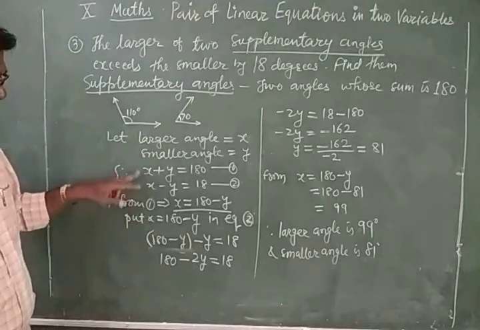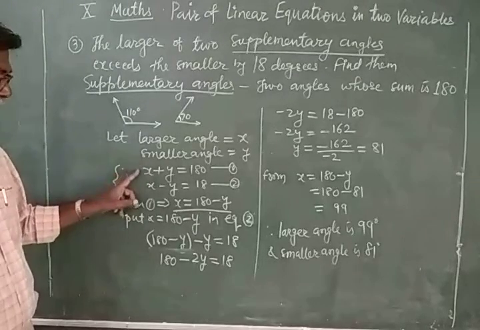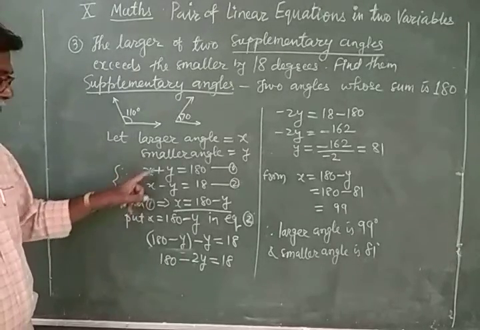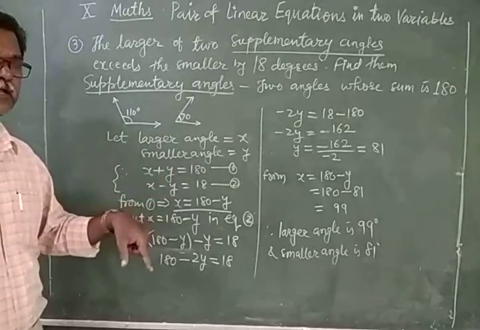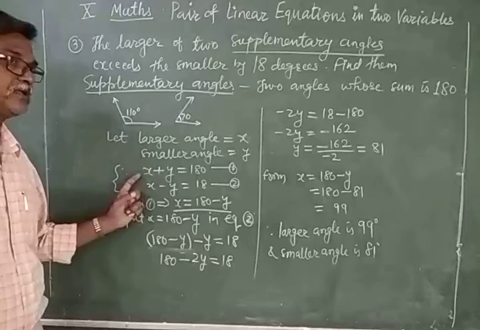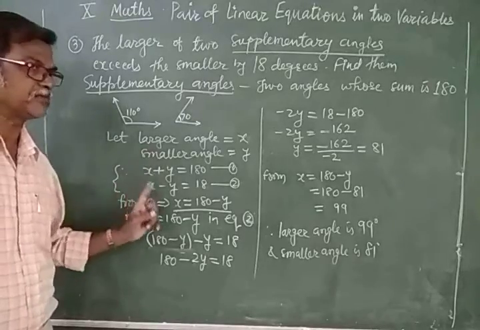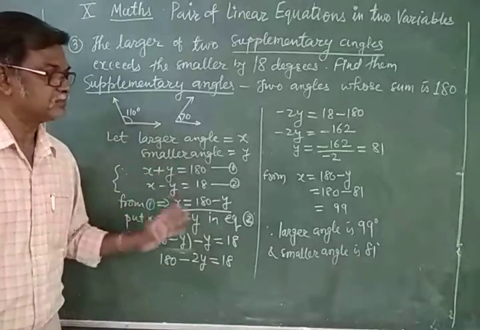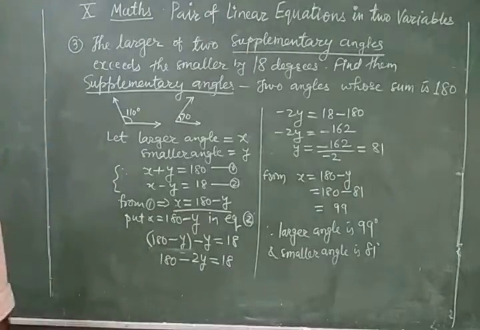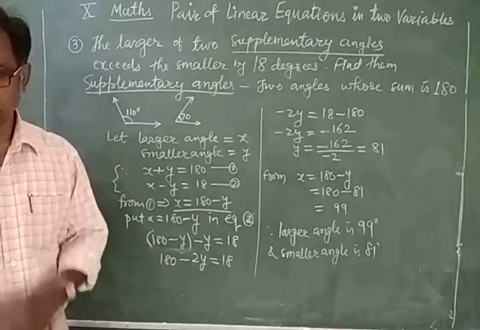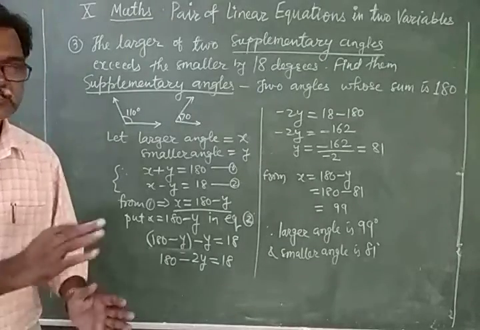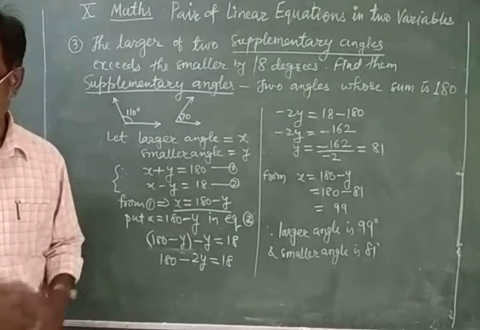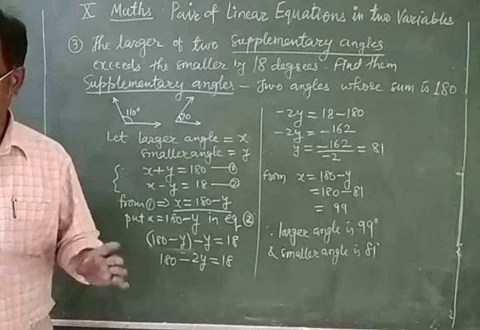From here itself we can see this is a1 by a2, 1 by 1, b1 by b2, 1 upon minus 1, minus 1. So 1 is not equal to minus 1, so this system has a unique solution. That we can simply see from here. So what problem? Like this. And the problems are given in your book, so read them, understand them, and then try to solve the